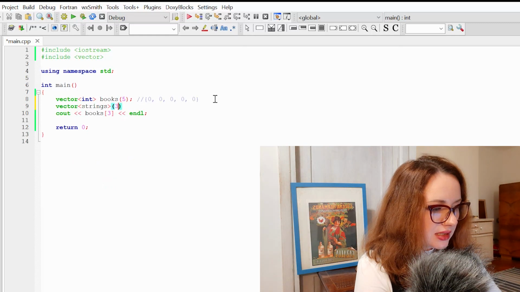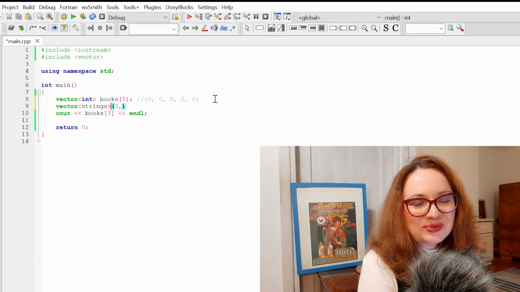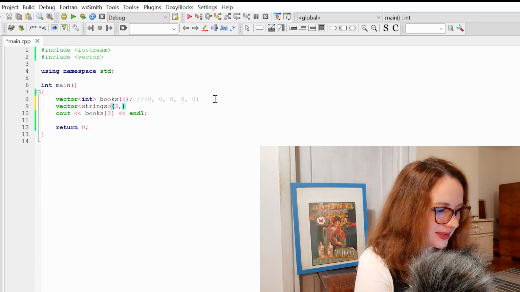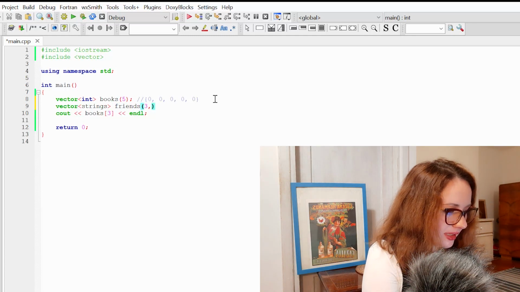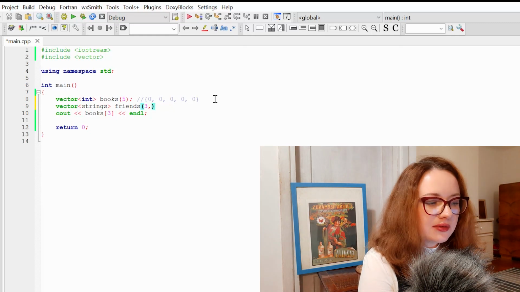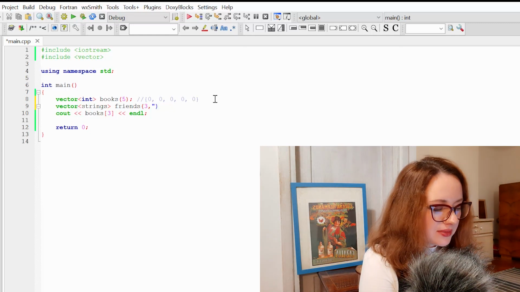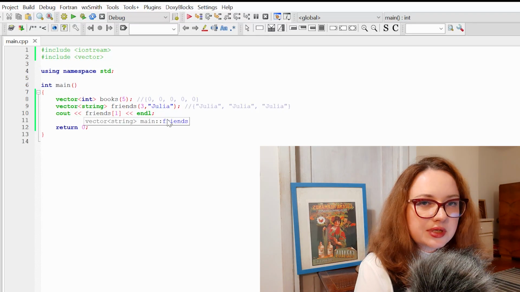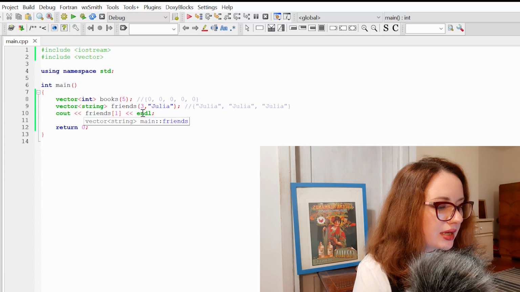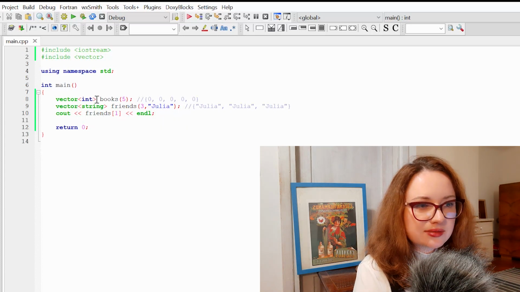So let's say it's 3. Oh, I forgot to name my vector. Let's once again name it friends. And I'm going to have 3 friends, but each of my friends will have the same name, Julia. Okay, so now I have vector of 3 strings, and each value of each member is Julia.